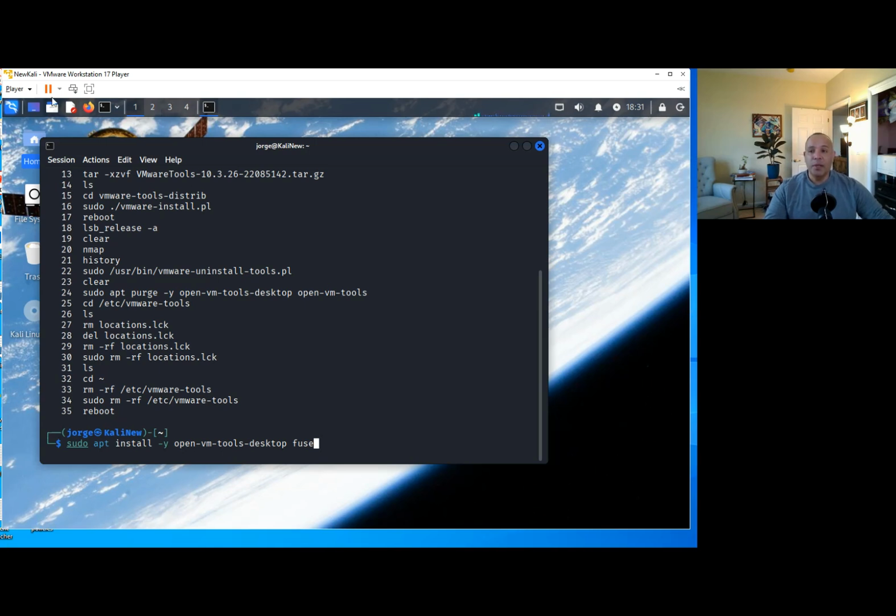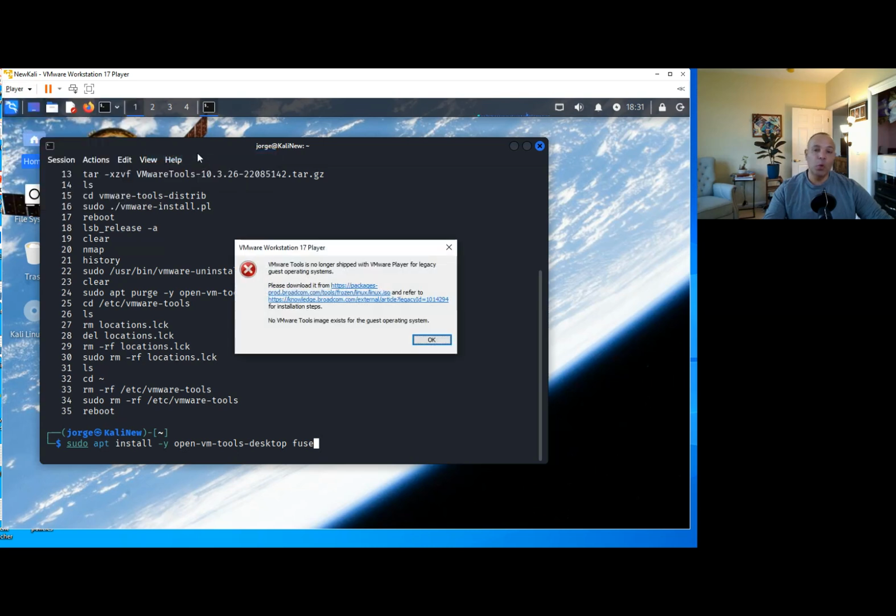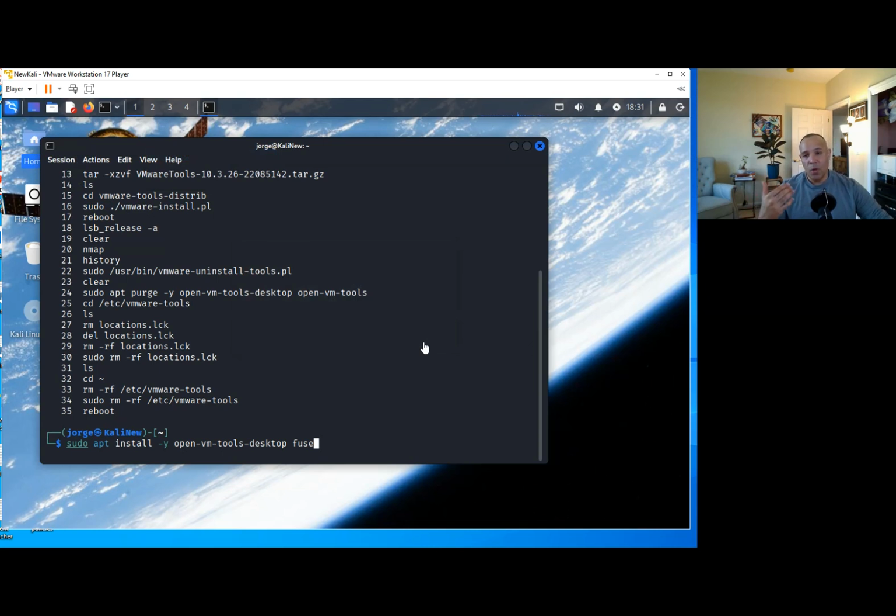There used to be a time back in the day that if you had VMware Player running on Windows as I do, you used to go to Player, you go to Manage and install VMware Tools, and you were going to be able to do it that way. So that is obsolete. The other option that you had after that is installing these tools right here, the VMware